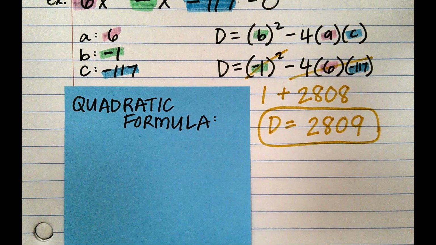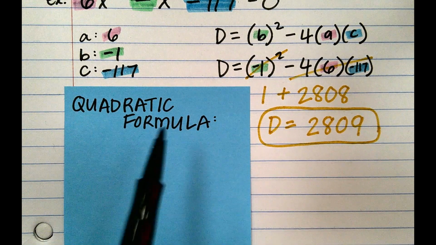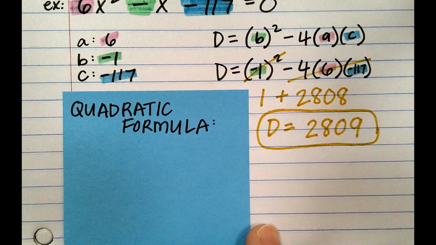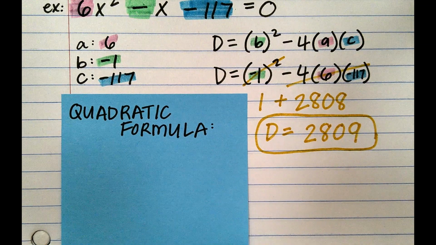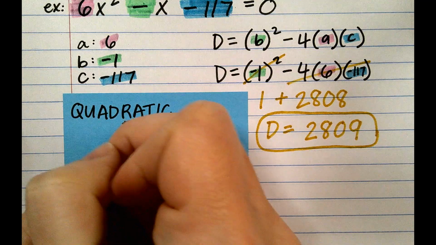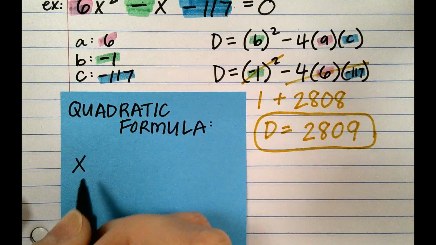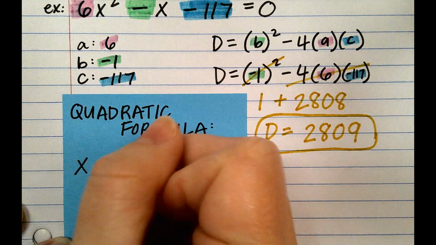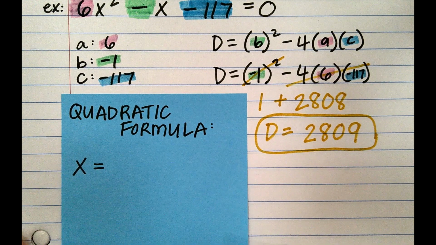Okay, so the quadratic formula. This is the formula we're going to use to solve for x. Because something we noticed when we had that bonus question on Unit 1 was that when you have an exponent in an equation, it makes things a little complicated. So having a formula to follow can make it a little bit easier, even if it looks harder. So x equals, this is going to solve for x for us,